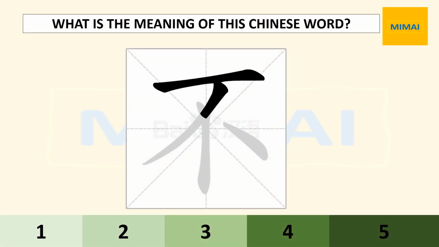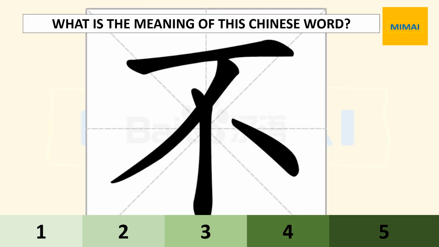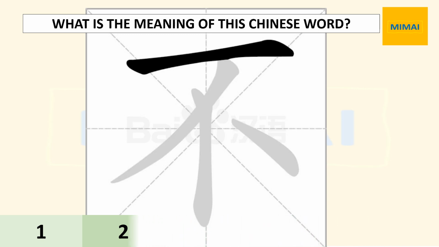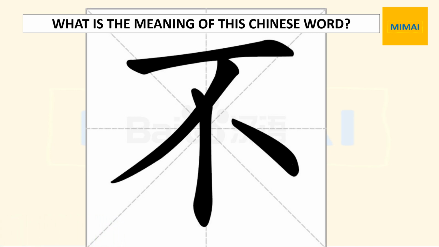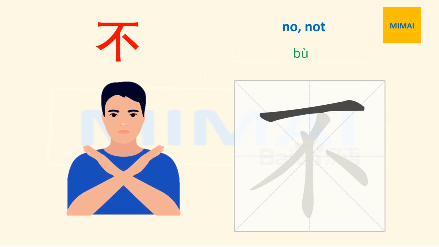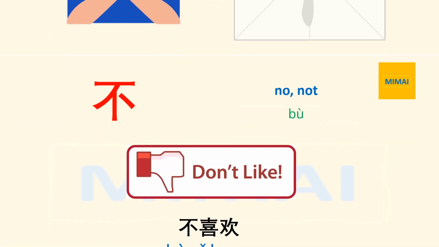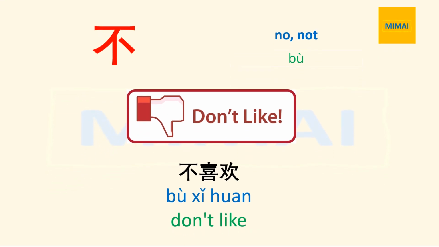What is the meaning of this Chinese word? 不. Not. 不 Not. 不 Not. Here is an example for this word. 不喜欢